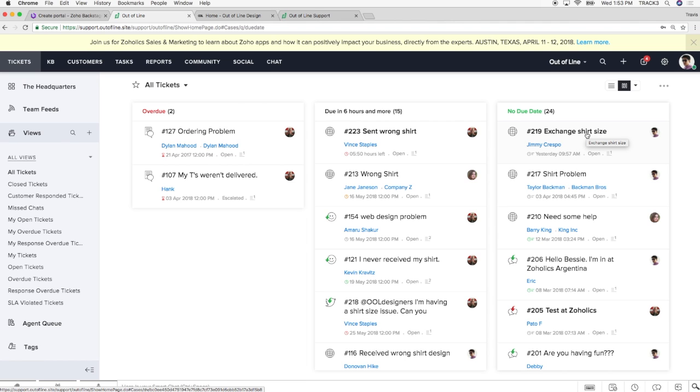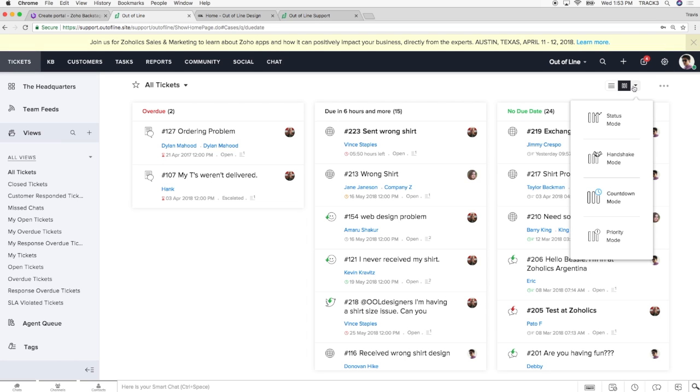So you would look at each ticket, determine how important it is, see if it's a customer. Like I said, we're a design agency, so we do things that are technical, like web development, but also things that are artistic, like logo design. And so you could say, okay, I have a specific support agent that handles technical issues versus artistic issues. Then you could assign those to those specific people, right? So just different ways to sort these tickets, which is really cool, and it's something that only Desk has right now. It's much more convenient than just having a big list of tickets that are constantly updating and burying other tickets.